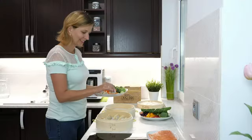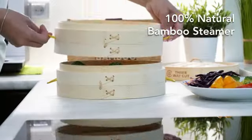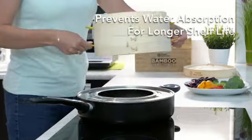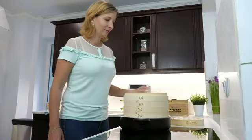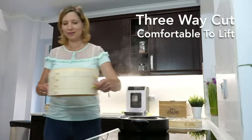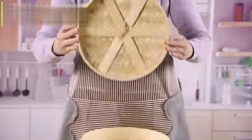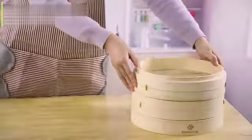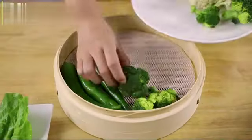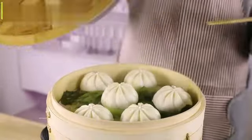the kitchen. The product dimensions of 10L by 10W by 6H make these baskets compact yet spacious, perfect for serving small to medium-sized meals. Weighing only 2 pounds, they are lightweight and easy to handle, ideal for daily use. Whether you are steaming vegetables, dumplings, fish, or poultry, the Joyce Chen 2-tier bamboo steamer baskets ensure even and gentle steam circulation to preserve nutrients and flavors. The natural bamboo material adds a touch of elegance to your kitchenware collection while providing